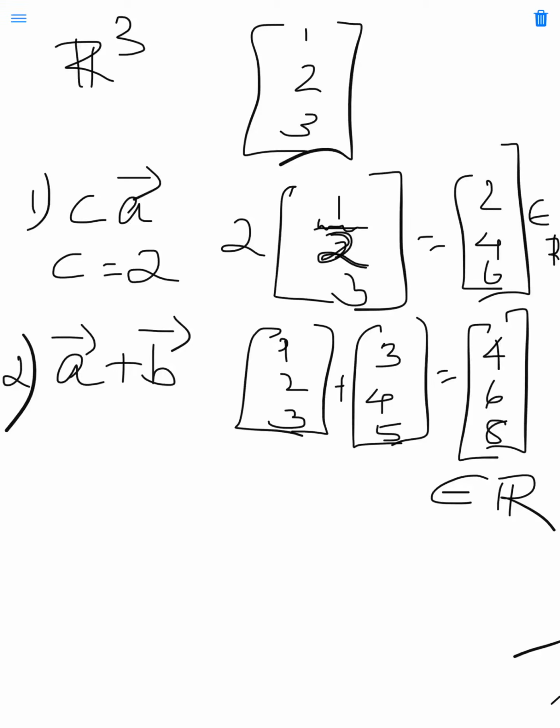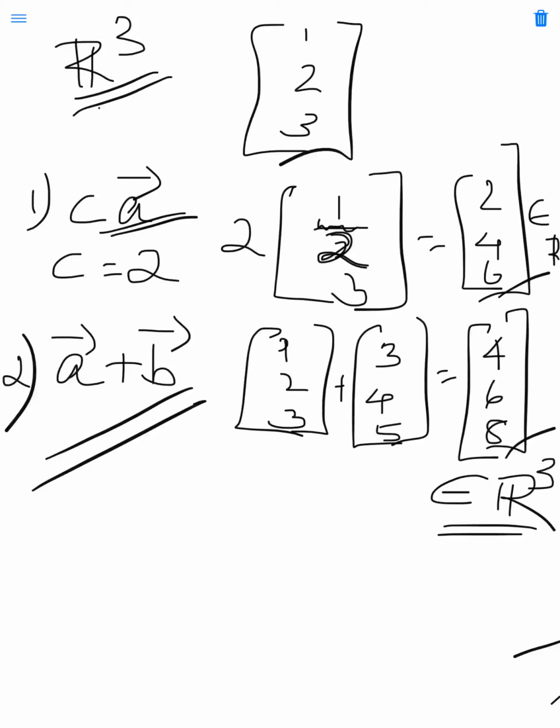Okay, so clearly here we have seen that the addition of two vectors that belong to this vector space, and the scalar multiplication of an element that belongs to the vector space, result in vectors that also belong to the vector space R3, the real vector space. So this is an example to see whether any vector belongs to the vector space or not.